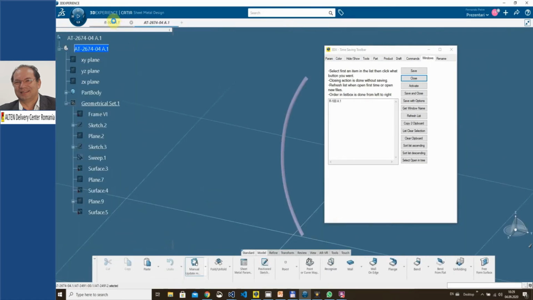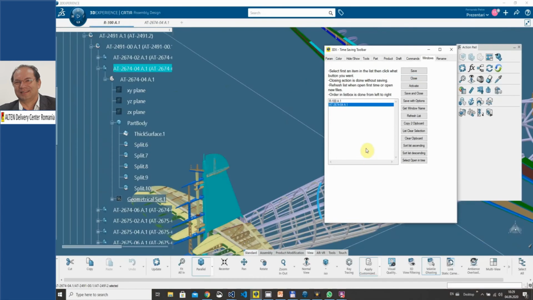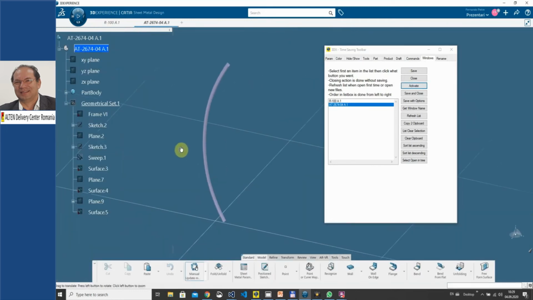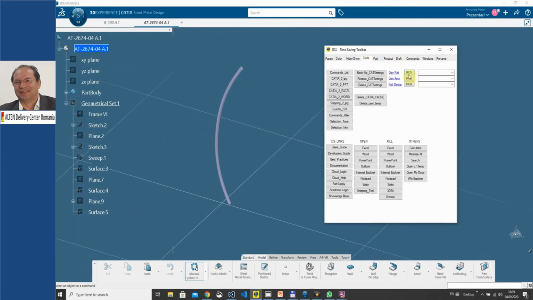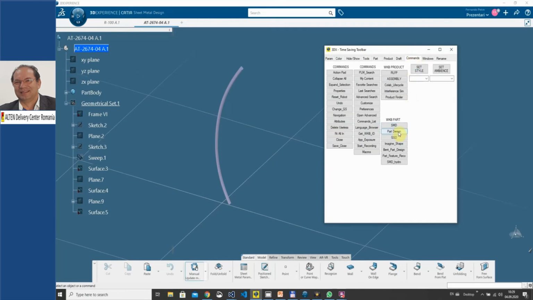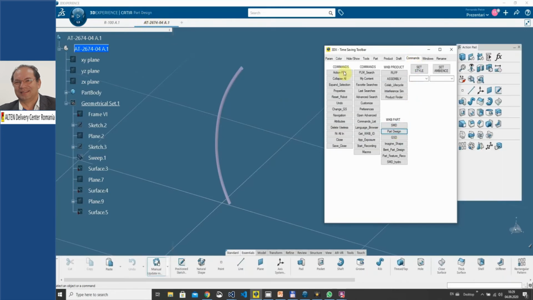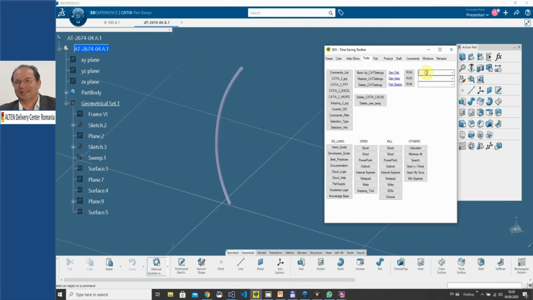It's open in sheet metal design, and here you can see there are two tabs opened. The name is on the left side. From here I can activate whatever window I want. Switch to another tab which is called Tools, and here you can see I want to switch to Part Design, and here you can see